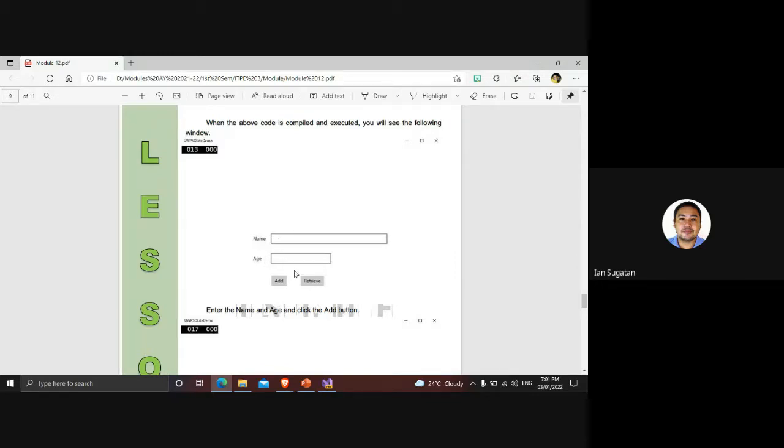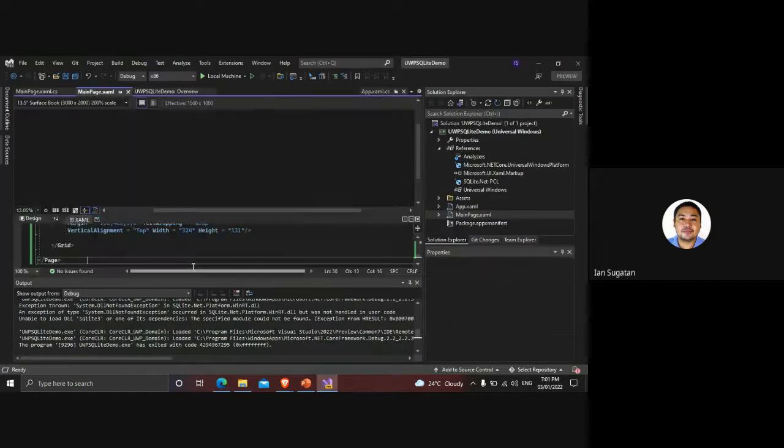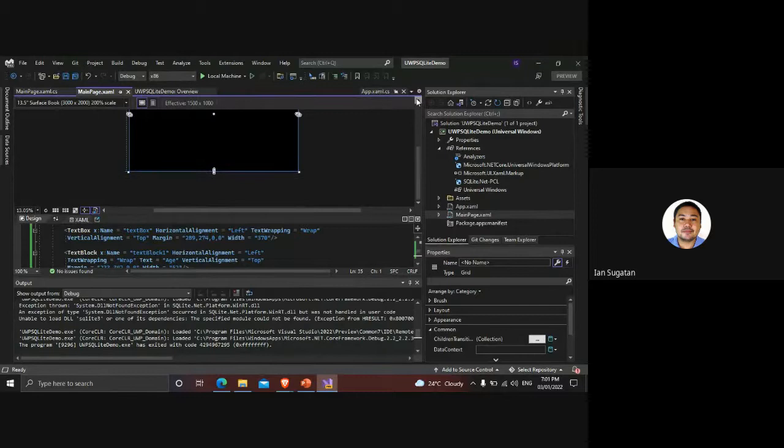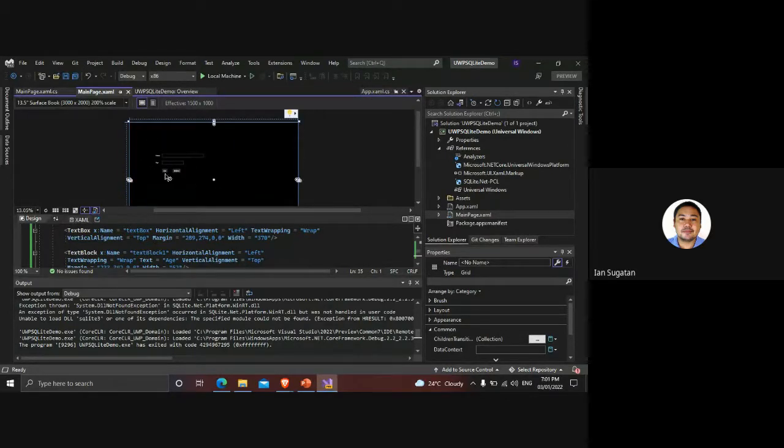And then the name and the age will appear, or you can add or retrieve the file. It won't display exactly the same, but earlier it displayed in our main page. On your main page you might not see it, but earlier it was here. It's black. This one. If you can see the whole appearance, and then in my main page,